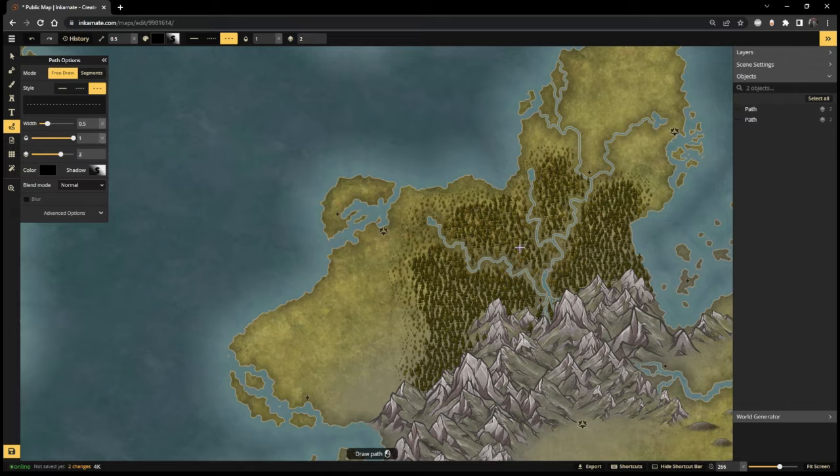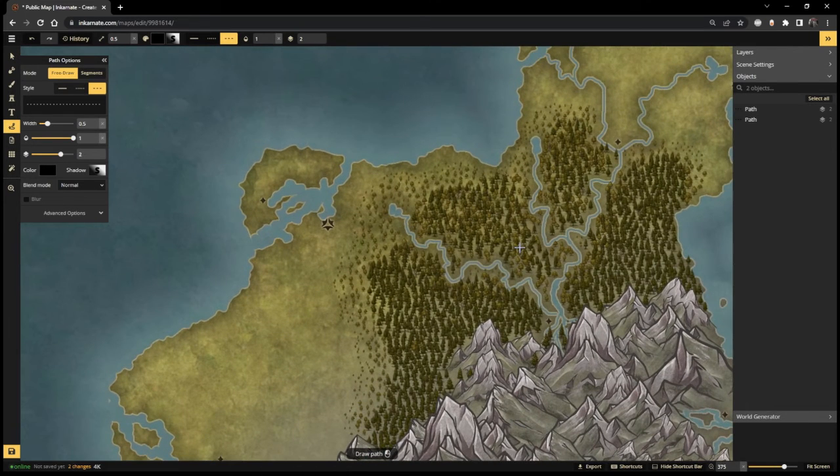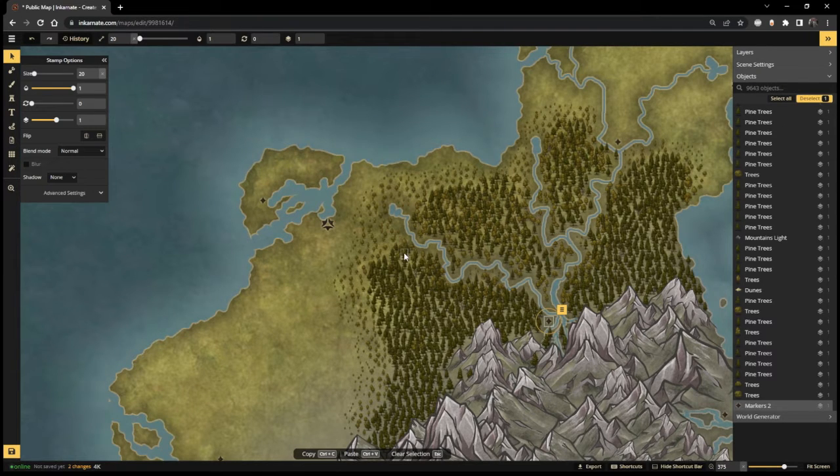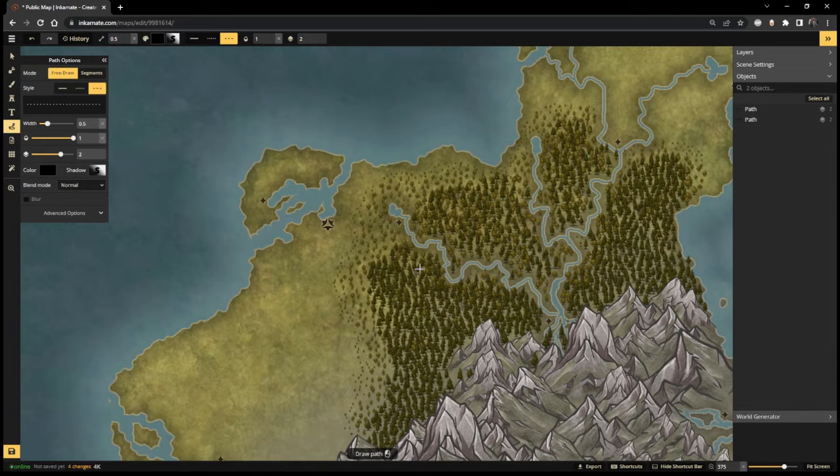Now, to expand upon what we did last time, I probably need to do this because if we're going to go down the river, that's probably something we would sail down. So we're going to copy that and paste. What we're going to do is put an outpost over here. All right. And then we're going to come back to the path tool and draw from this town. We're going to make this a roughly straight shot, but coming through the forest over here to that,